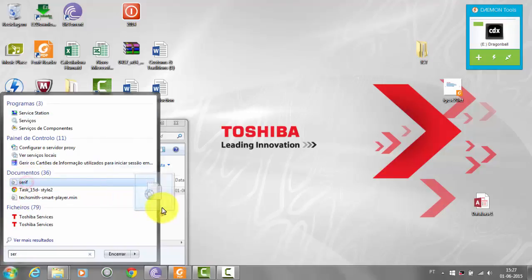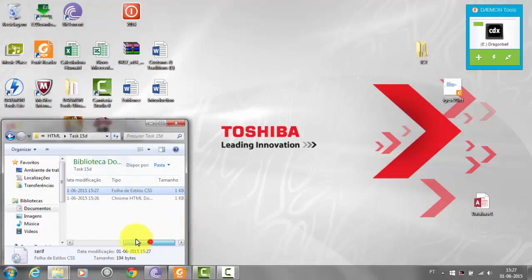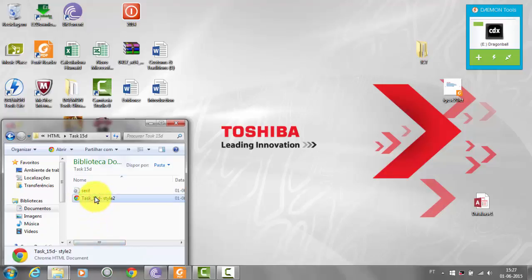It is here. Put the css into the folder of task 15D and refresh your browser.